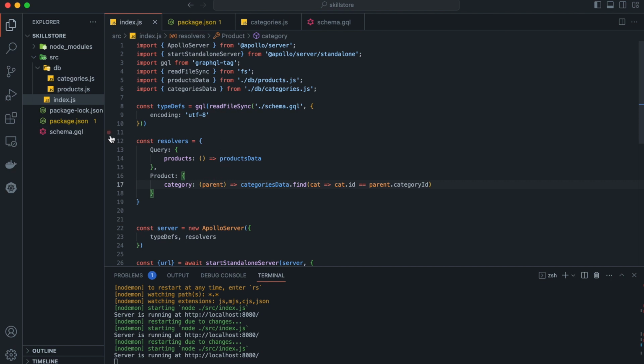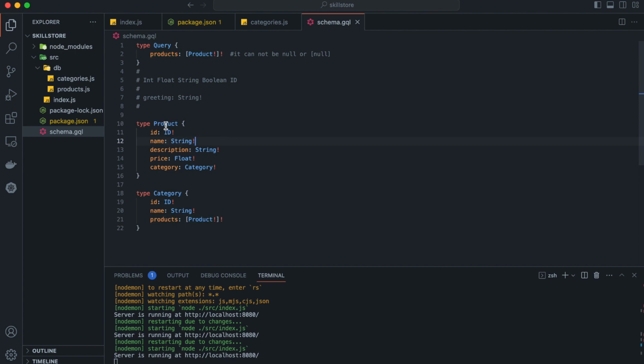So we have relations in two ways. The first one was product to category, and also the category includes products as well. So one category can have multiple products. So whenever we resolve the category, it will find the products. So we'll have to create a resolver for the products as well. Before that, let me just create